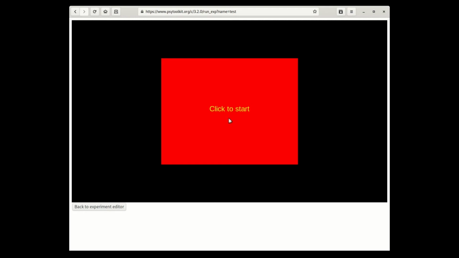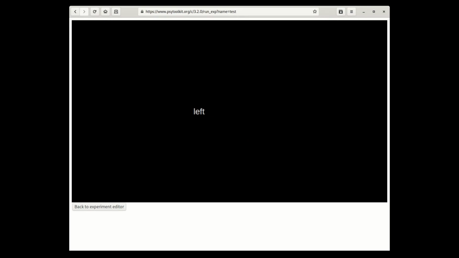Know that if you run an experiment online for participants, it looks similar, but you wouldn't see this back to experiment editor button, and the data would be saved within your survey. But otherwise it's the same. You click, and now we do this task. There are, I think, 10 trials where we see the word left or right on the screen, and once you've done that, at the end,